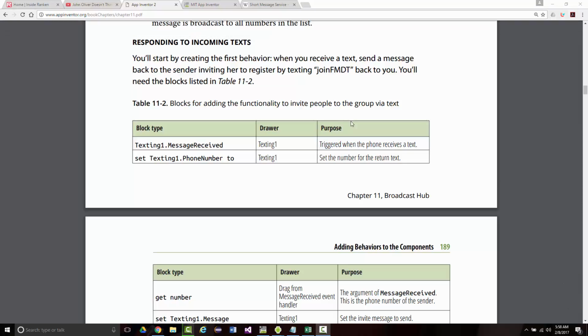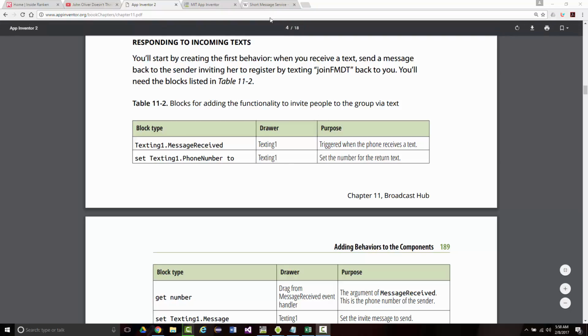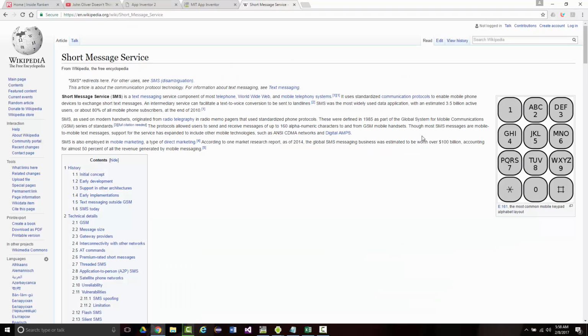This is Jeff Scott of Rankin Technical College, and I've been going over the online PDF version of App Inventor 2: Create Your Own Android Apps by Wolber, Abelson, Spertus, and Looney. I'm into Chapter 11, and before we start putting in the code, I wanted to show you this. I meant to in the last